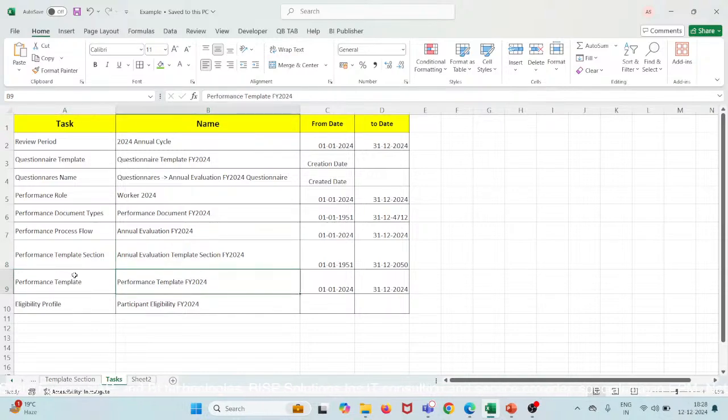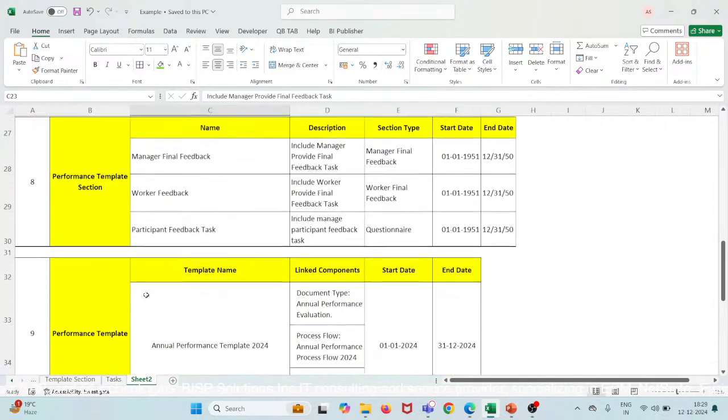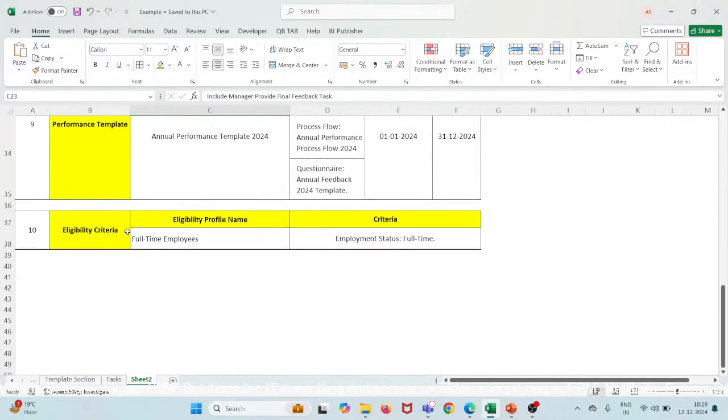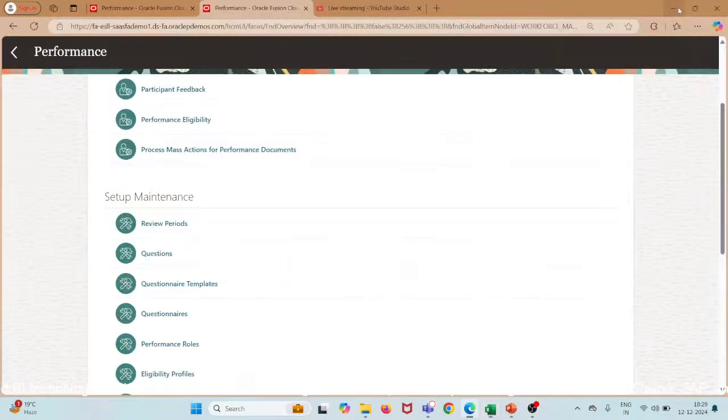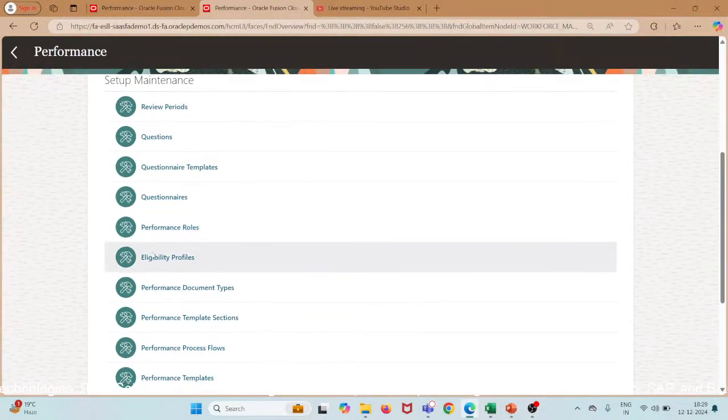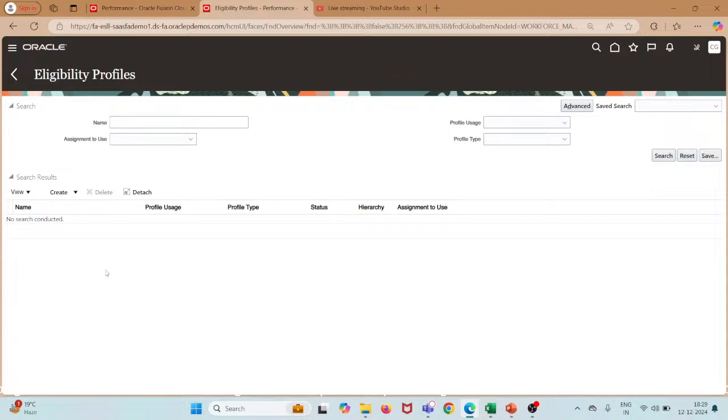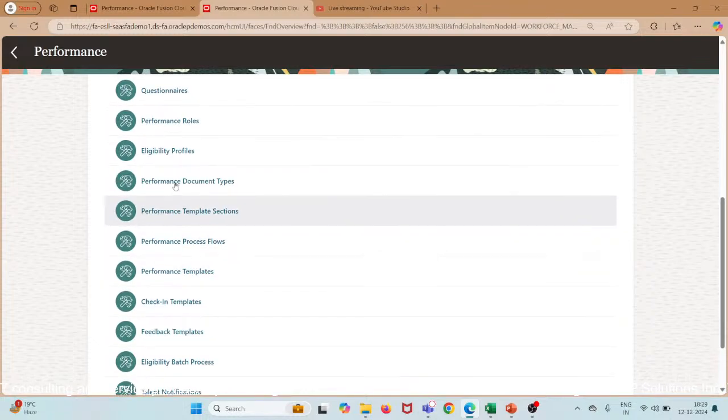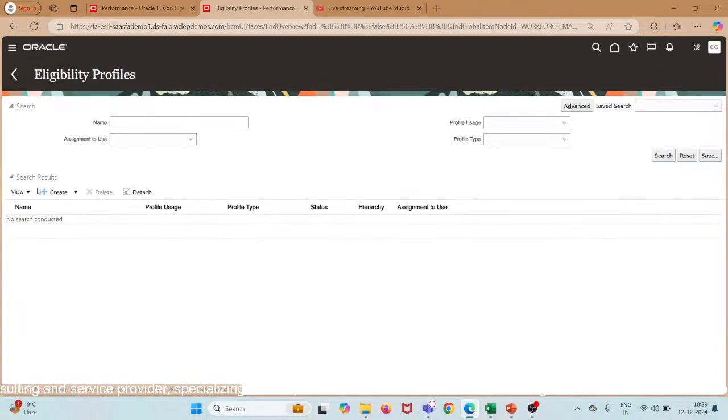Now, before we create our performance template, let's add the eligibility criteria for this. The eligibility criteria will go to eligibility profile. Yeah, we'll go to eligibility profile, create participant profile,